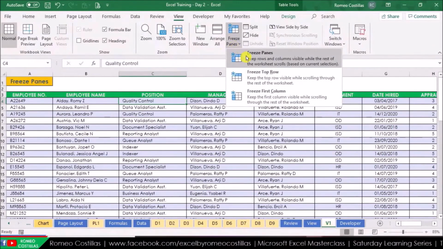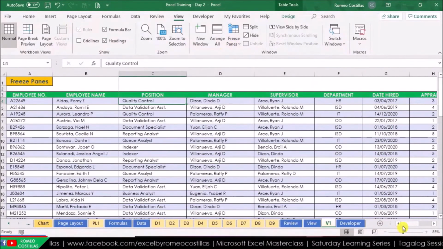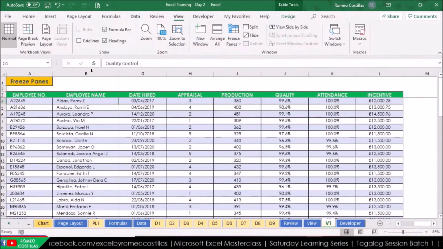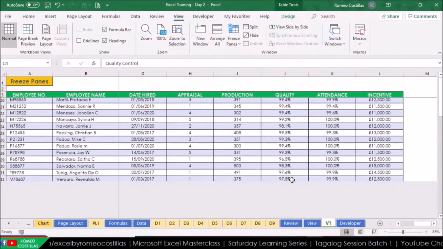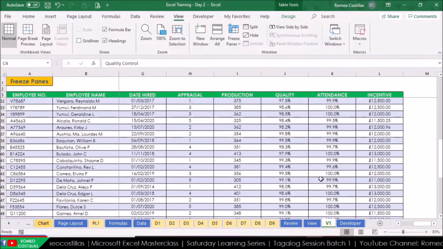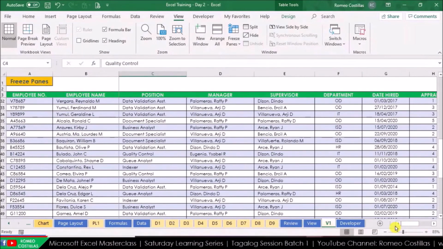Freeze Panes, Freeze Panes. Again, if we go to the right, naka-freeze na po siya. If we go down, naka-freeze na din po yung first 3 rows natin. So,